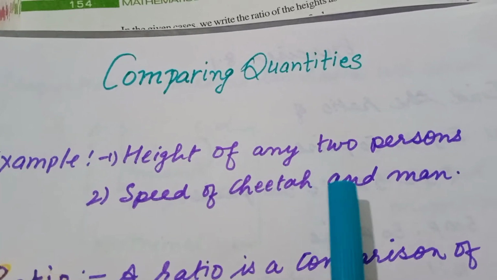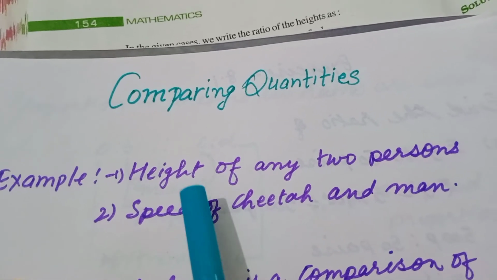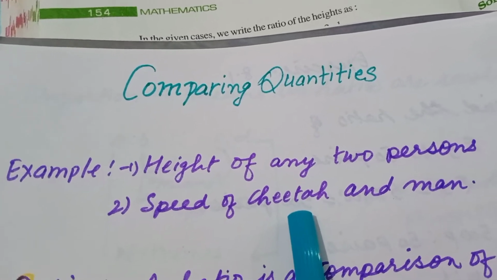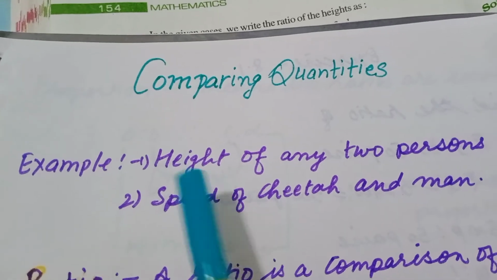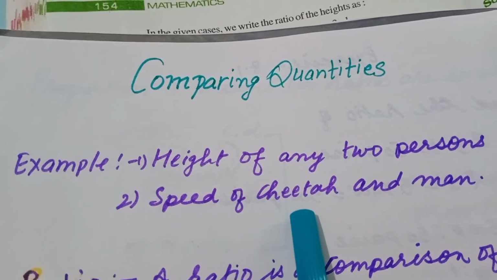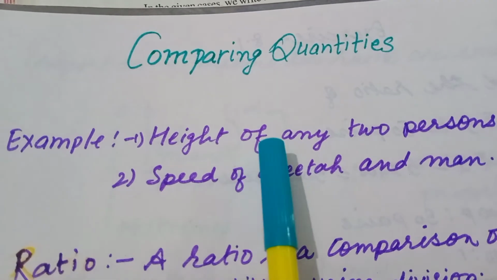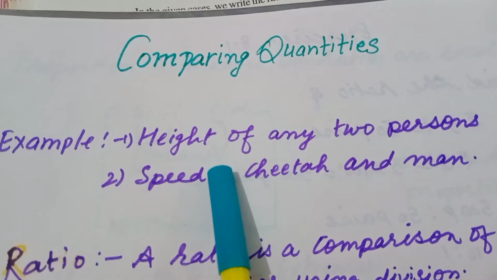We can use measurement tools for that, like height, weight, speed, height of two persons, speed of two things. So when we compare quantities like liquid in liters, or weight of two students,